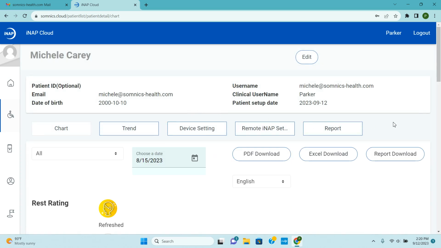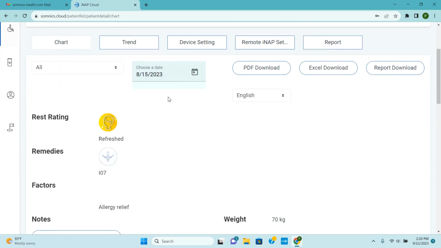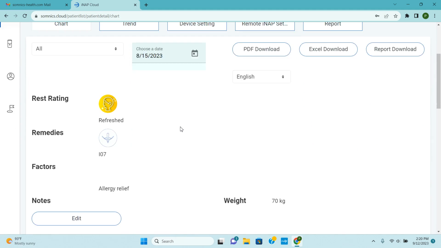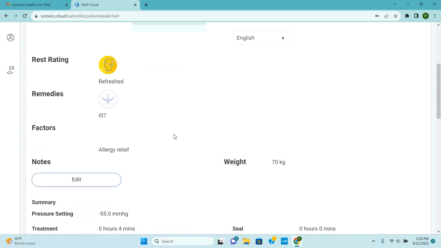The first page that loads is going to be the patient's chart. This is demographics at the top, as well as the date that the most recent upload was done and the patient's overall feeling that morning. This information here is entered by the patient on the app. It is not required for them to do so. It is recommended, though, for you as the provider so you have more information about how they are sleeping and